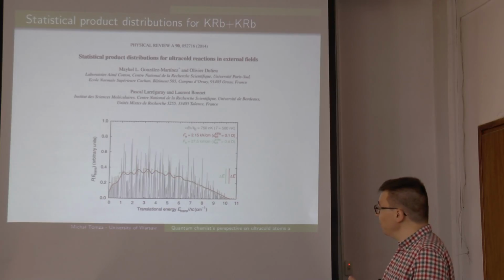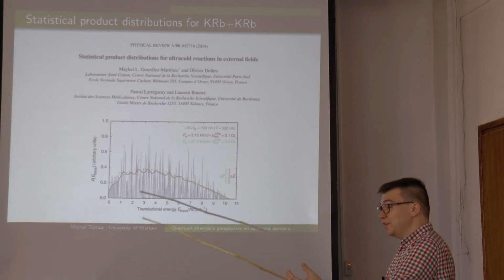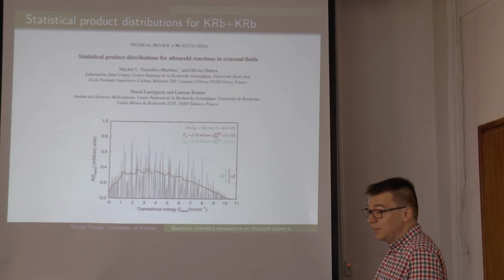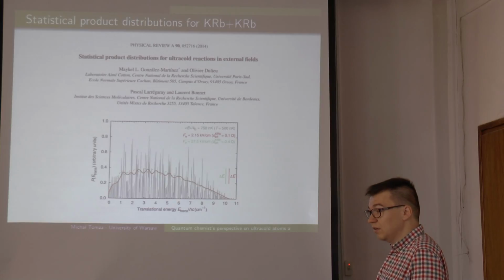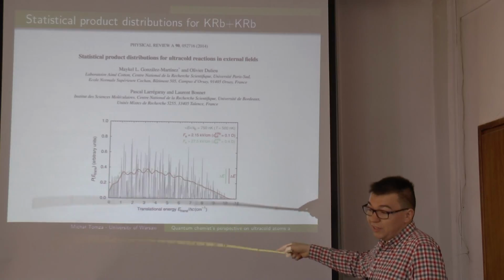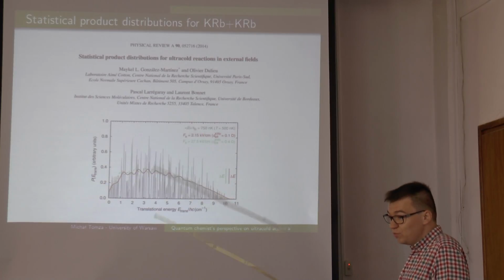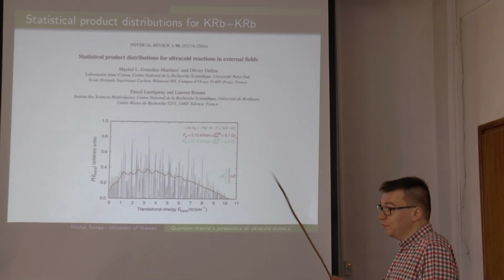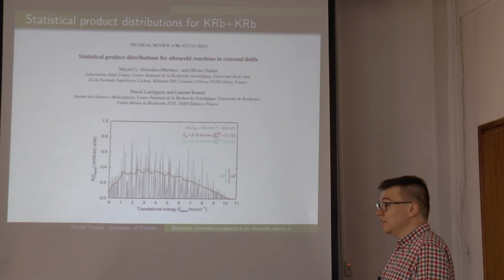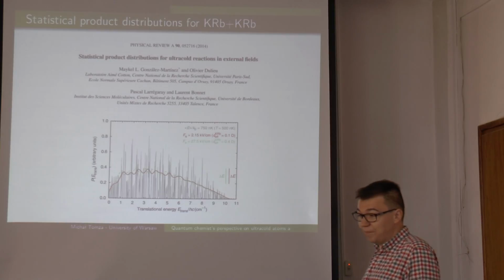Let's find some system where we will have a smaller number of products, and products that can be trapped in our experiments to be detected, to measure the relative probability for different products formation. For the situation where the released energy is very small, much smaller, the products are still in the trap, and the number of products is much smaller. Then I hope that there will be some flux of information back, some kind of resonances in the products distribution that will be important also for the total reaction rates.